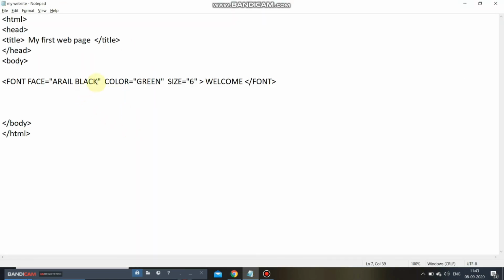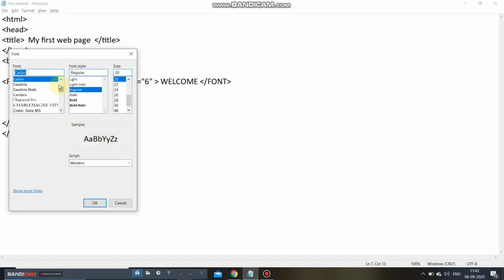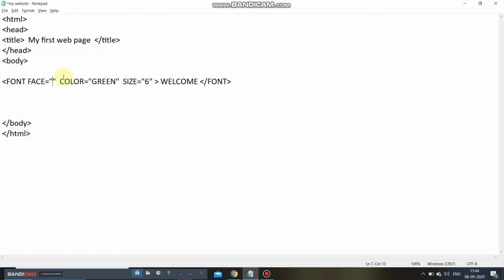Let me see from here the font style. If I want font face Ink Free, this is one of the styles.